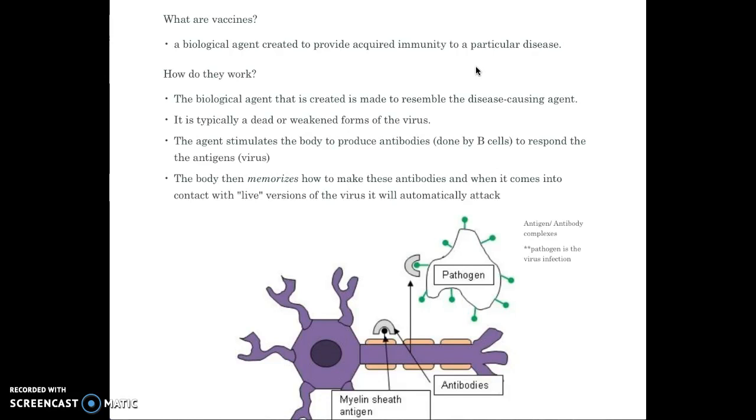And so we produce these antibodies to fight these antigens that are in the body. Well, when you're infected with a virus, your body doesn't know what that is. It's a foreign substance, so it has to learn what that is. It has to then try to create an antibody from scratch, and then it's going to release that antibody that will then attack and affect the